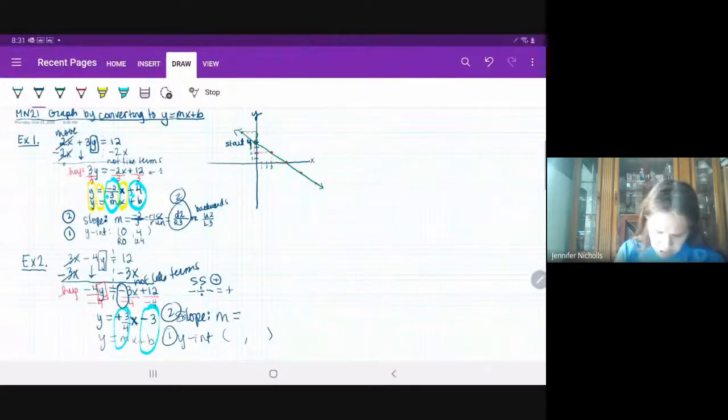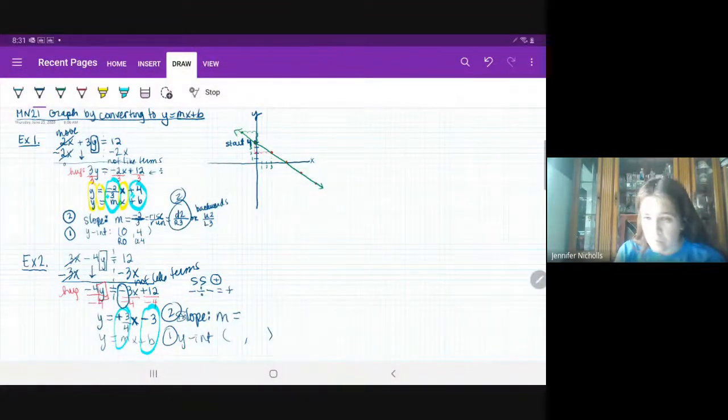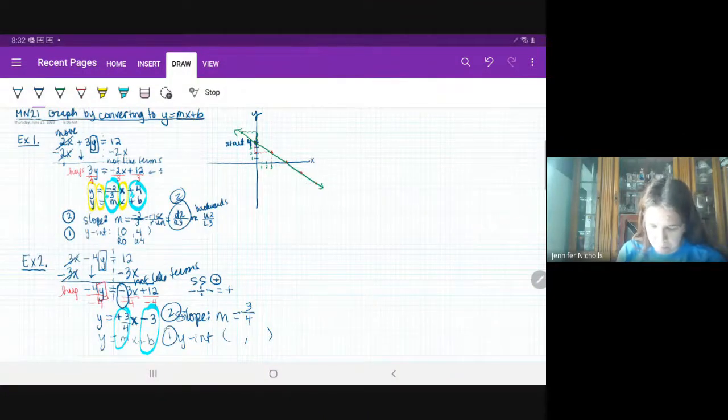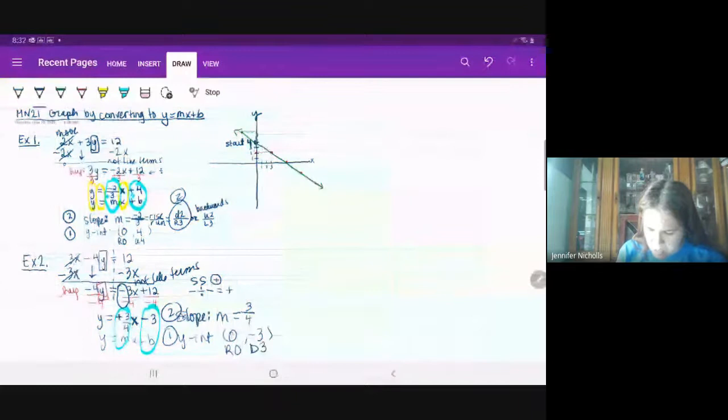Emily, what's the slope? Yes, so the slope is 3/4. And then Jeremy, what's the y-intercept of this example 2 that we're on? What's the y-intercept? 0, negative 3. Okay, and then Jeremy, something that you were doing wrong on your homework is you were graphing